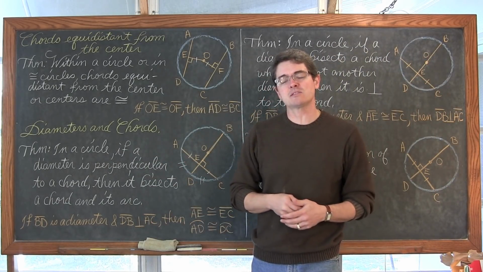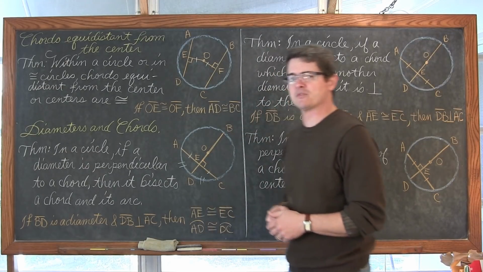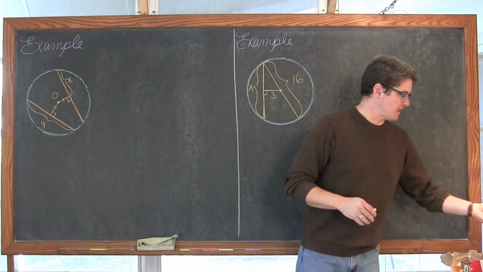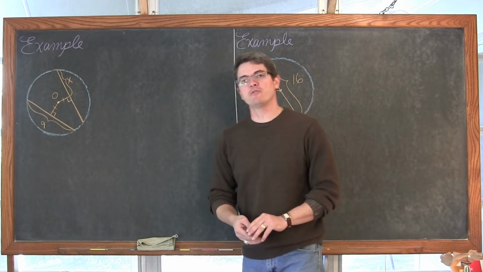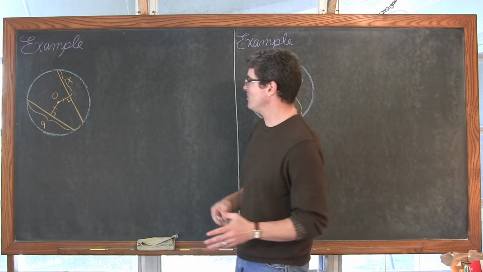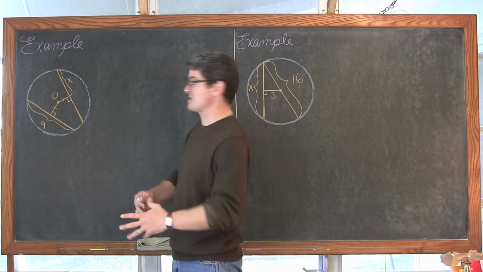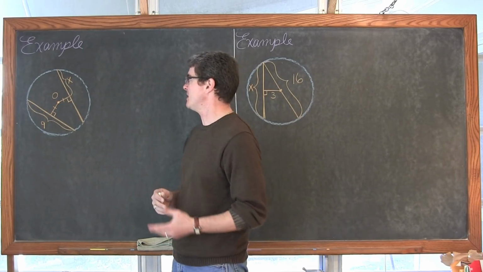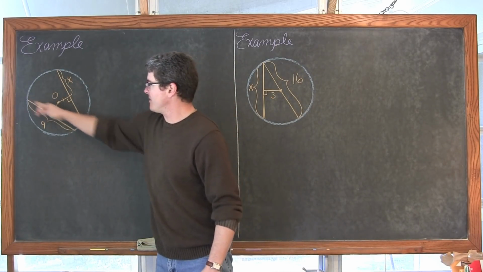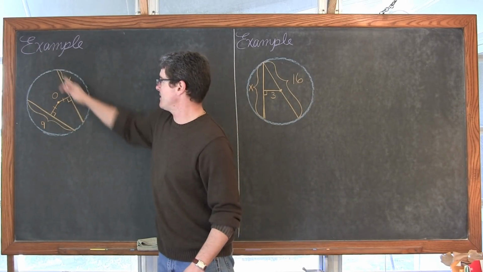Let's see how they work in some examples. Quite a few examples for that matter. For my first two examples, this first one especially is pretty straightforward as long as we remember all of those 7 theorems I just gave you. And some of them are related to each other, so maybe it wasn't that many unique pieces of information, but quite a few pieces of information. And I've given you a couple of chords here. They don't go through the center.